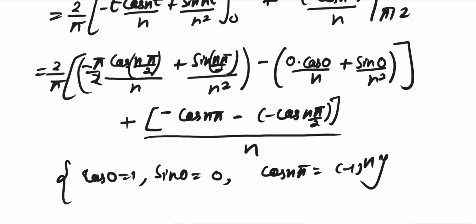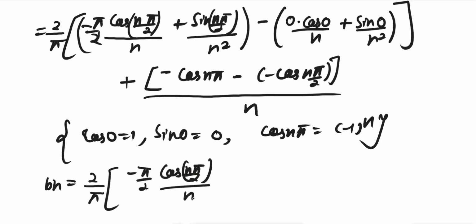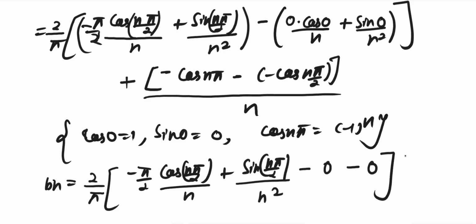So using this, bn is equal to 2 upon pi in bracket minus pi by 2 cos n pi by 2 divided by n plus sin n pi by 2 divided by n square minus cos 0 is 1 but multiplied by 0 is whole 0, minus sin 0 is 0, plus